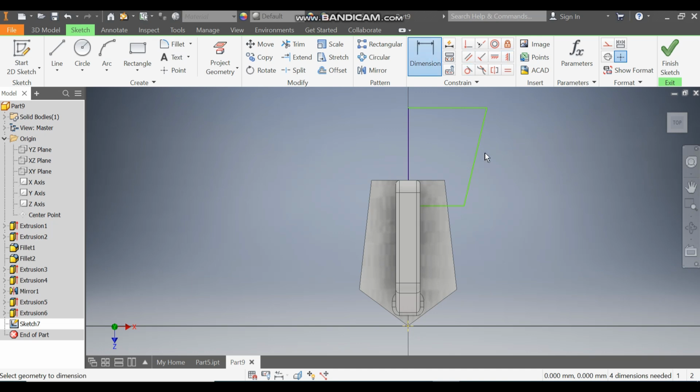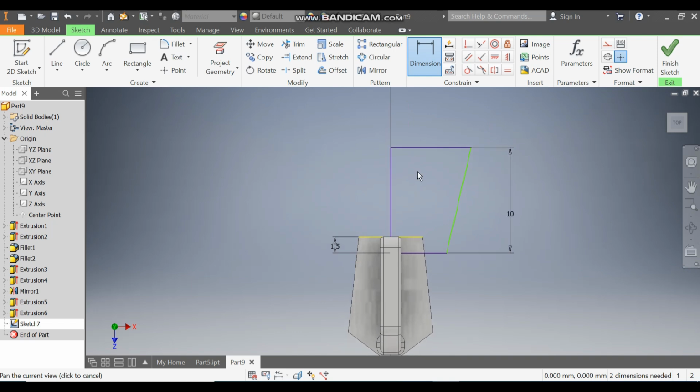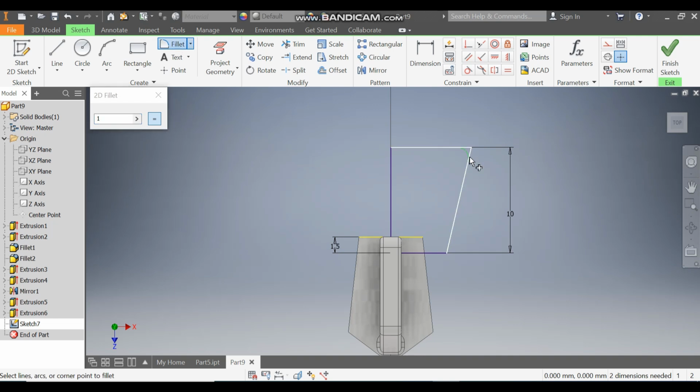Go to dimension, define this total as 10, okay, and escape. Now drag this profile inside, go to dimension, from this end this will be at a distance of 1.5, okay. Now here go to the fillet, take a fillet radius of 1 mm, select this corner,